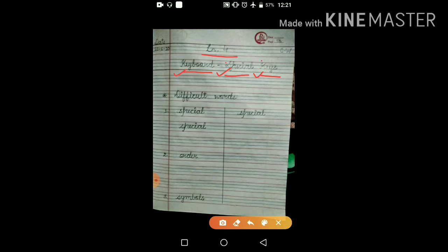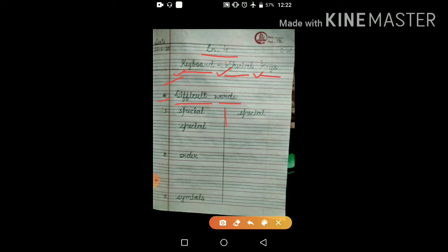Then leave one line after the margin, and in the next line draw a small bullet here, same way you used to do. Then write Difficult Words. Now you know how you have to write difficult words.